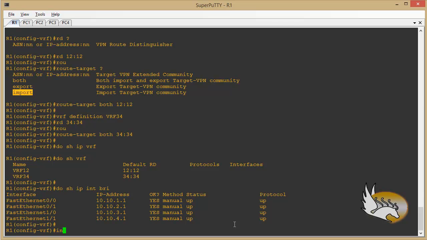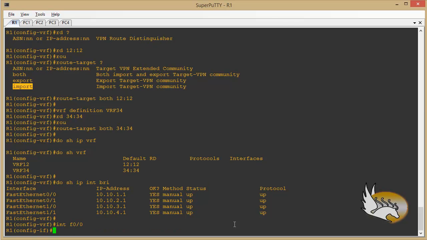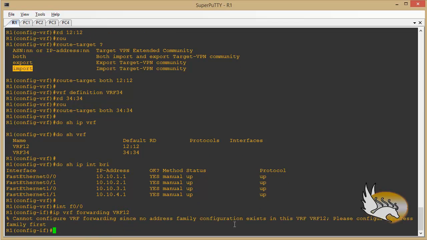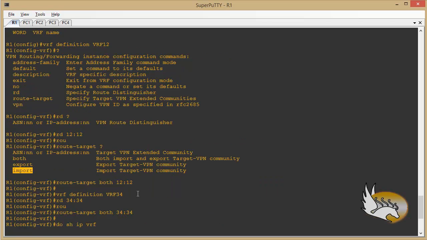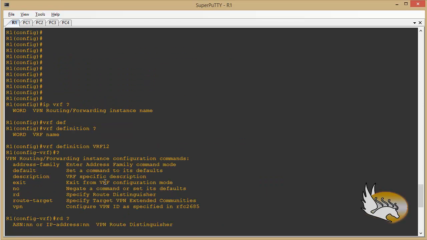So if I go to interface fast 00 and type IP VRF forwarding, this is a command that assigns this interface to a VRF. The VRF is going to be VRF12 and hit enter. It tells me that cannot configure VRF forwarding since no address family configuration exists in this VRF-12. Actually, we have an address family here,